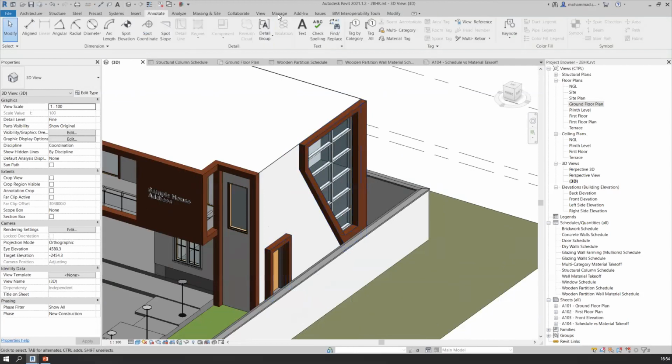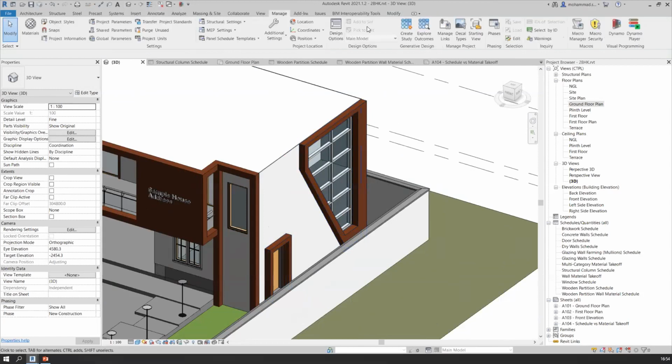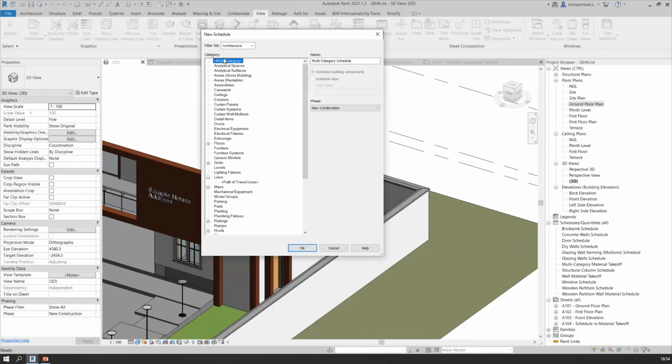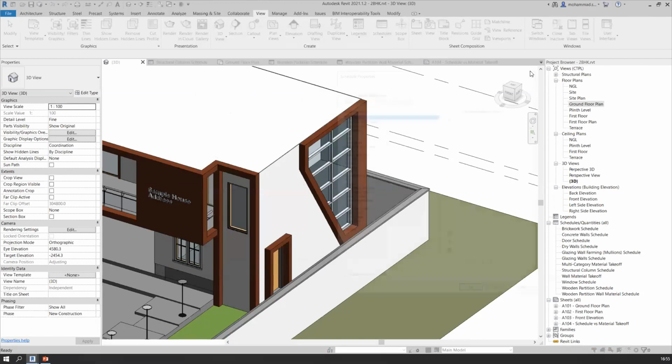Similarly, you can go to the view tab, go for schedule and quantities or material takeoff, whichever suits your requirement. Then if I check on all the disciplines, I've got all the categories in this case. And those categories which are not quantified under a specific category, you can find under generic model. For example, if I press G, I've got generic model as a registered category in this case. And I can also get generic model quantities. So I hope this answers the question. Rest is the same, you can get all those fields in this case.